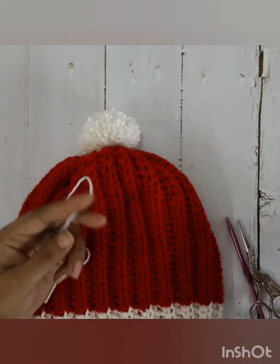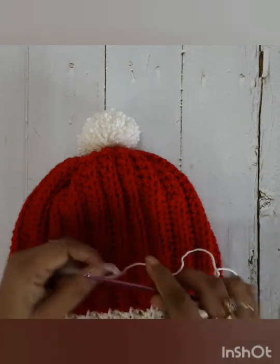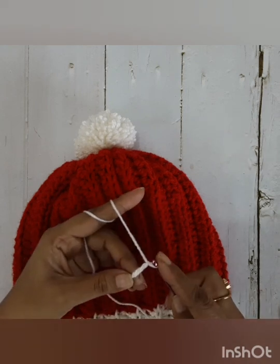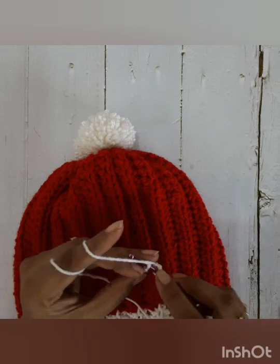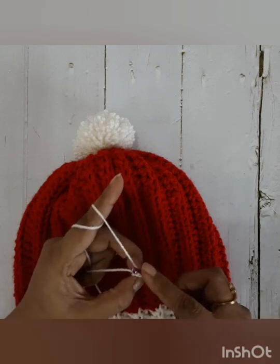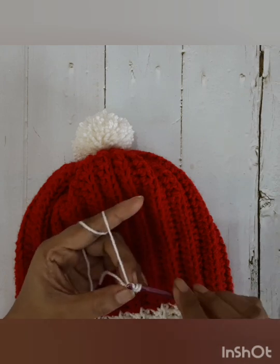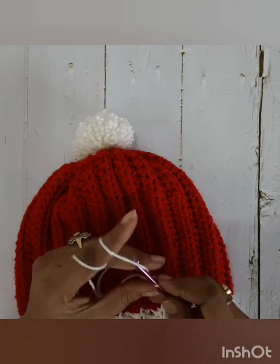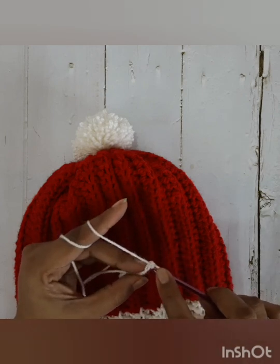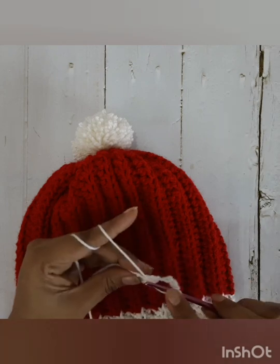And for this I'm using a 4.5 mm hook and DK weight yarn, and I will make a slip knot and chain 3, and then I will make a slip stitch on the first chain and chain 1, and now I'll make a double crochet in the circle here, like so, chain 3 and make a single crochet from the second chain from the hook, chain 1 and double crochet back in the center,